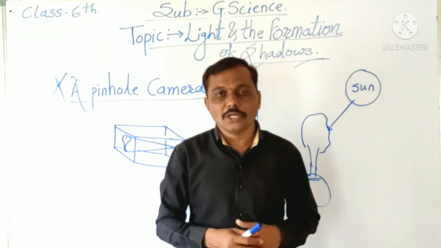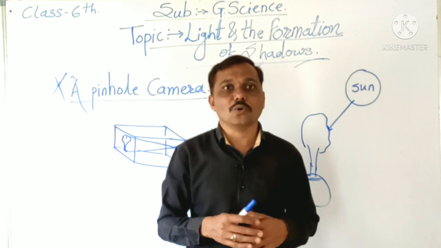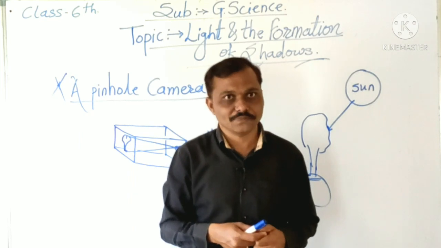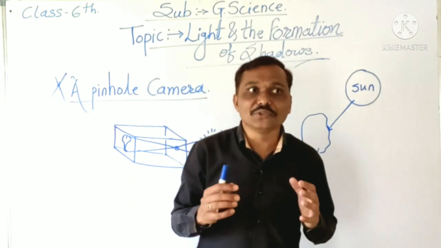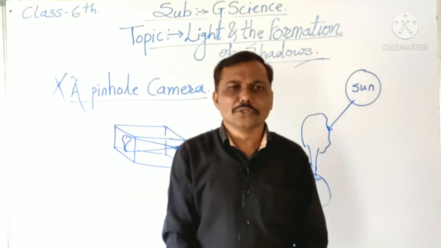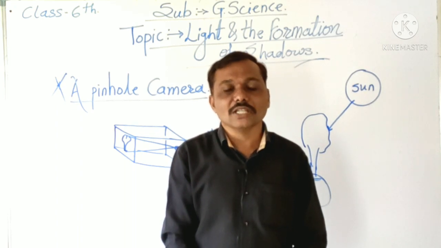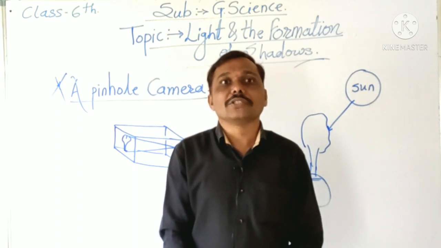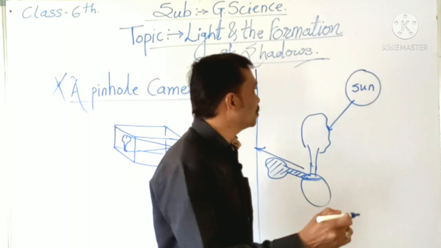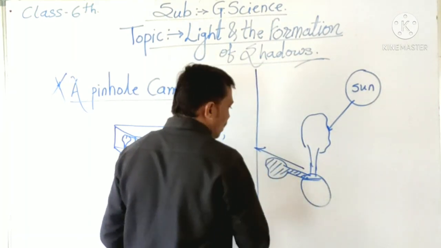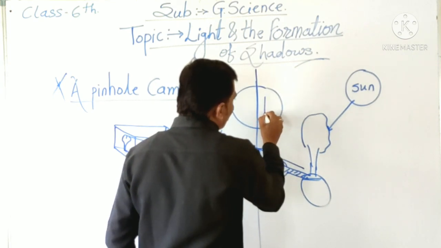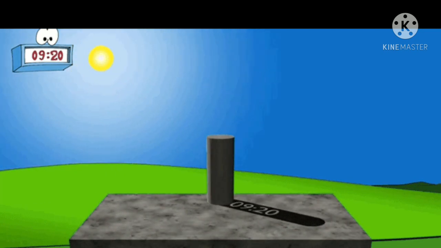So do you know that in previous times people didn't have a clock or watch to measure time? How could they measure time? They could measure time by using the shadow of an object. Yes. So how could they measure? They measured the different positions of shadows. They used a stick parallel to the axis of the earth. Suppose this is the earth, and this is the axis of the earth.